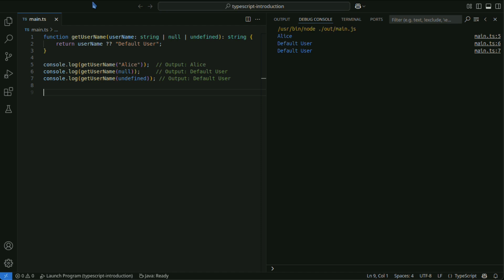Here, the function getUsername returns default user if username is null or undefined, otherwise it returns the value of username.